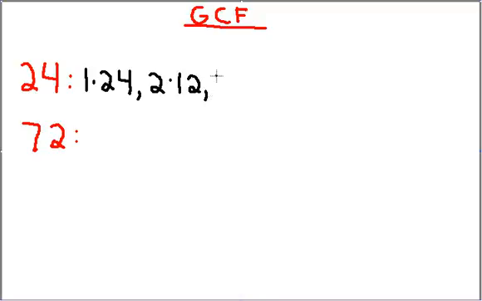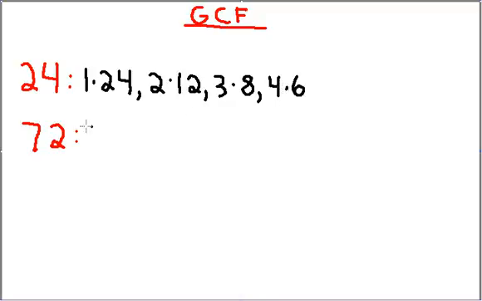What about the number 3? Well, 3 times 8 is 24. Well, what about the number 4? Well, 4 times 6 is 24. And that's it. 1, 24, 2, 12, 3, 8, 4, and 6 are 8 factors, or are the 8 factors